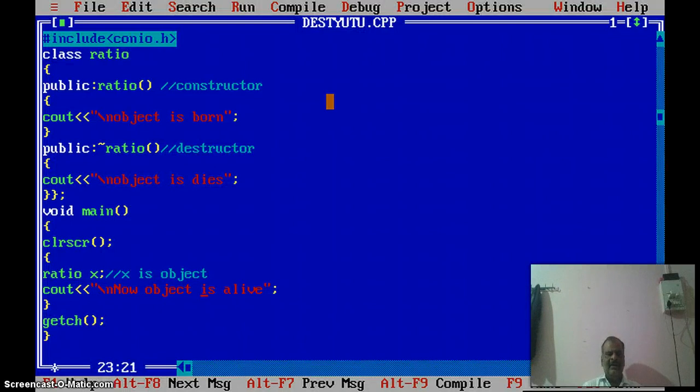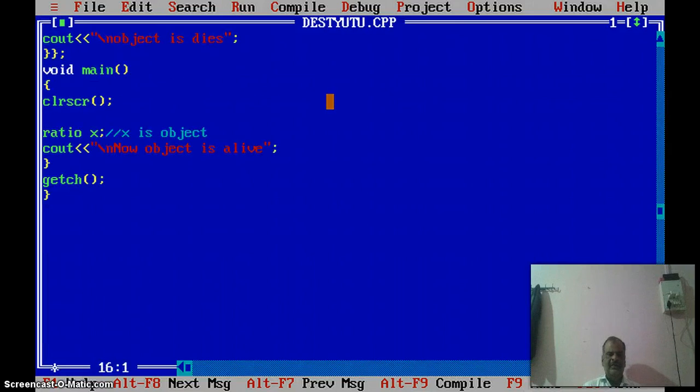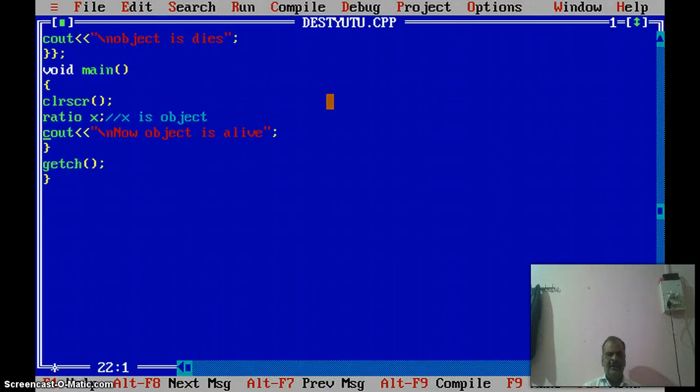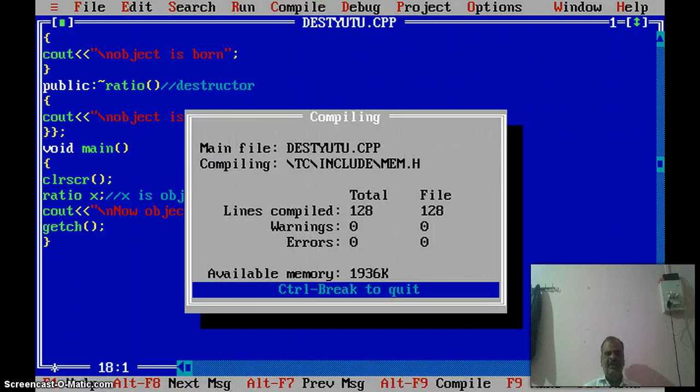Now see here that I did not give the scope, that is, the scope of the object is missing. What happens when the scope of the object is missing? The destructor still destroys that object, but in that situation you cannot see what it prints. I compile and run again.